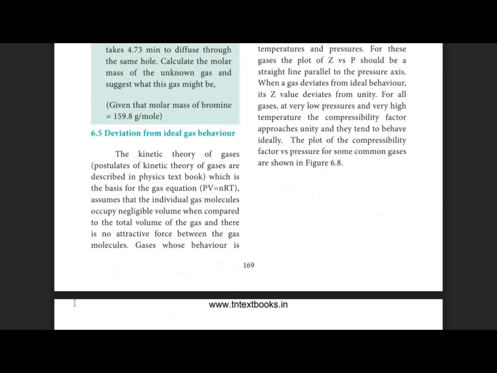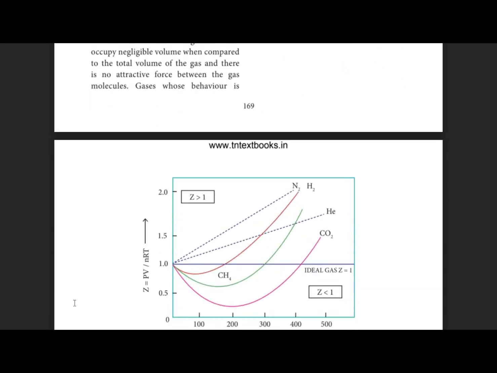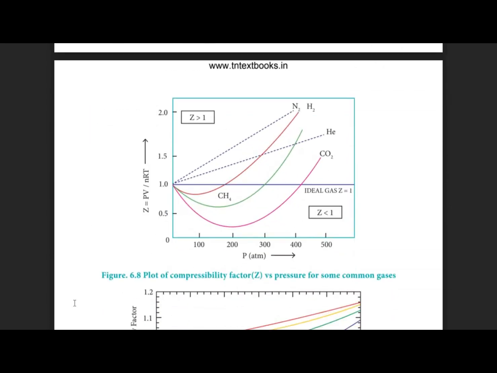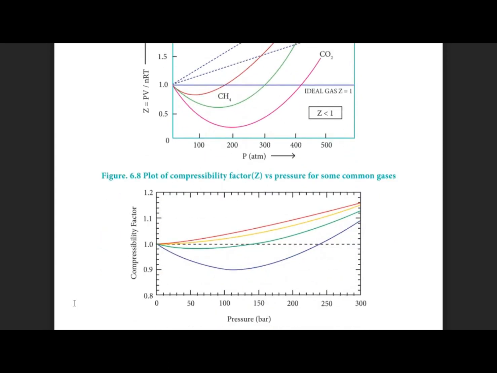to behave ideally. The plots of the compressibility factor versus pressure for some common gases are given here in the form of graphs. The first one is the plot of compressibility factor Z on the x-axis and the pressure on the y-axis. Some common gases are plotted in the graph, and in the next one we have the compressibility factor against